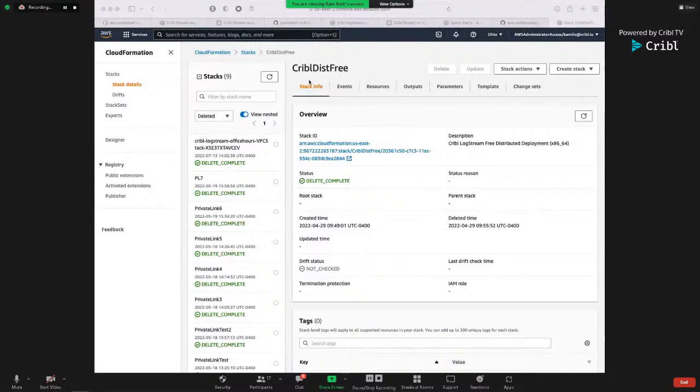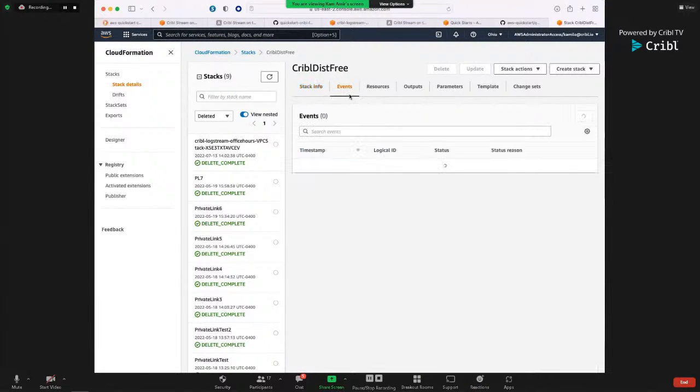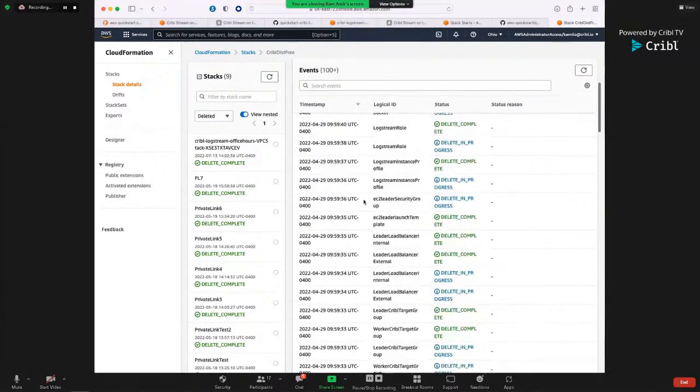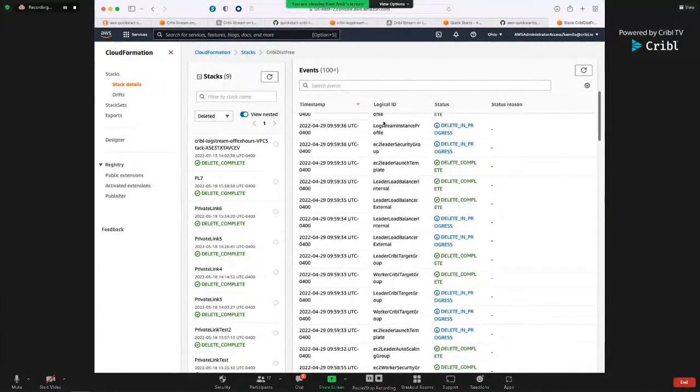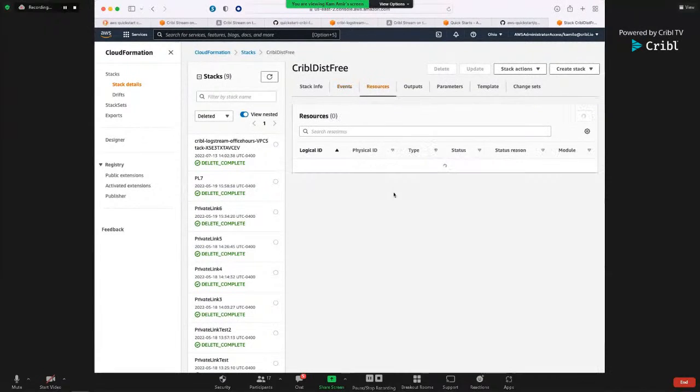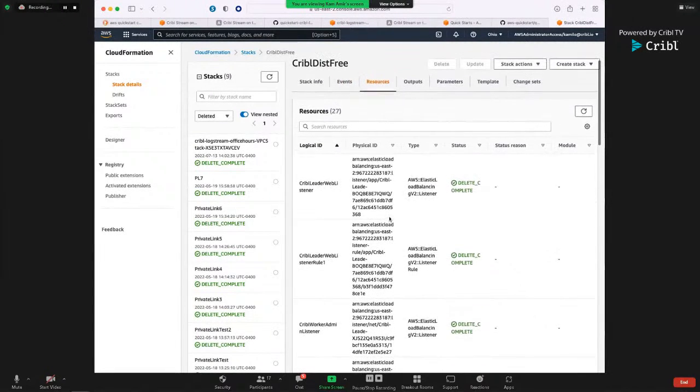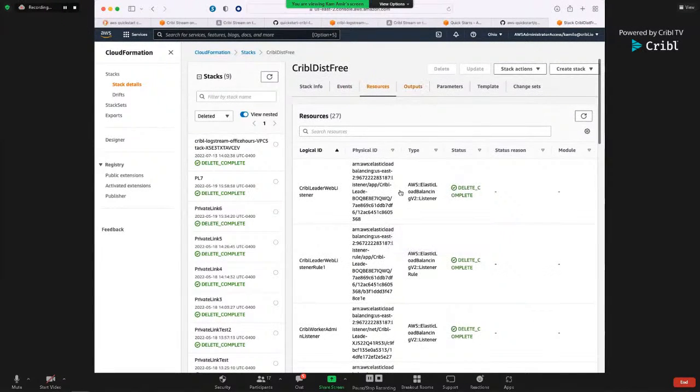So the way that this one worked is that it will go ahead and, like I said, this one I've already deleted from the past, but it'll create all the information here, and then it'll tell you the resources that are also created. And then when you need to log into it, it'll give you the